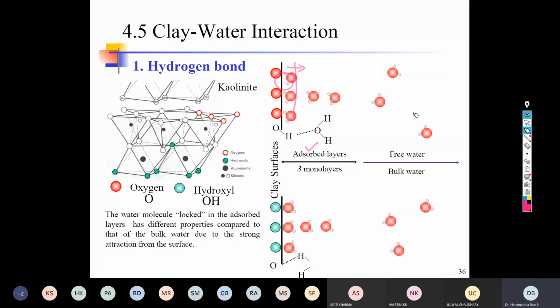While all other layers can be removed, here it is called a diffused double layer. But first, one layer is a Stern layer. This is layer number 1. Because of this single layer, does the charge get neutralized? The answer is no. So what it does is further attract ions from elsewhere in the solution